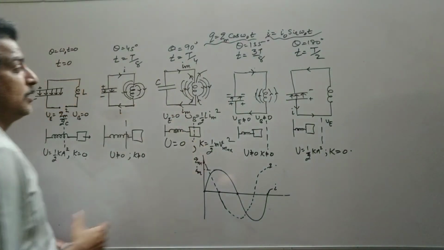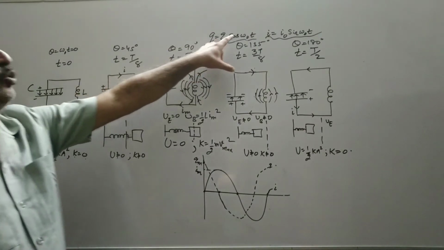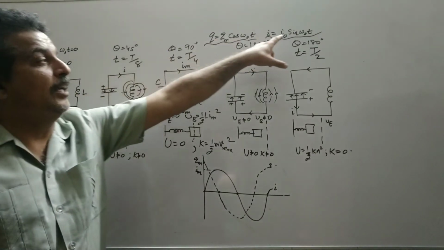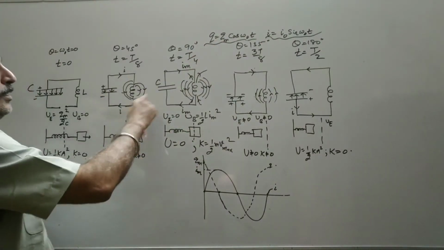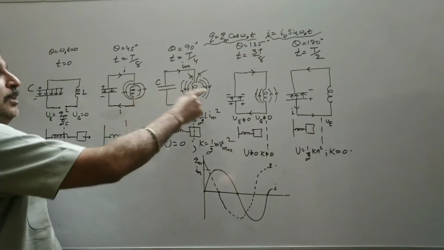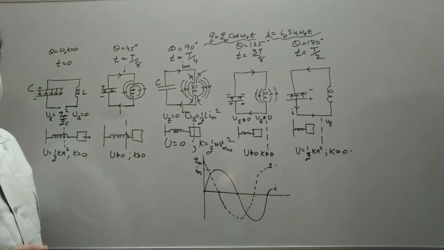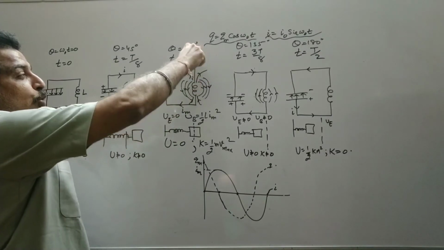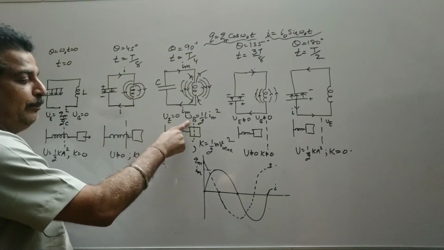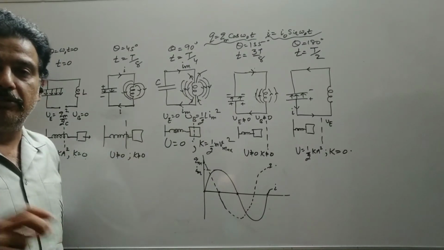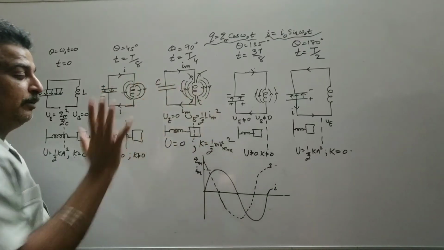Now you come to the situation where theta is 90. When theta is 90, cos 90 is 0, sin 90 is maximum. So the current in the circuit is maximum. See this, the magnetic field lines have increased. The capacitor is now fully discharged. The current in the circuit becomes maximum at T/4 or theta 90. Now the electrical energy becomes 0, and the magnetic energy stored in the inductor, we know, is half L i square. So half L im square, because it is maximum.